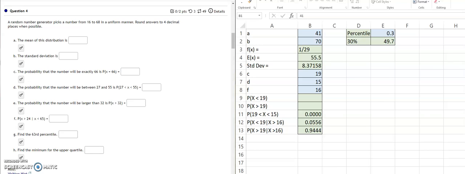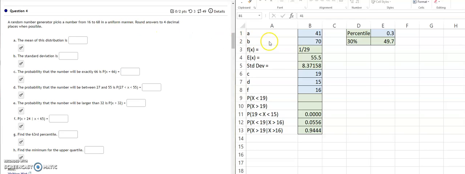Hello students. The question we're going to be focusing on right now is on a uniform distribution. The key reason we know it's a uniform distribution is because it says "in a uniform manner." That implies that we are dealing with a uniform distribution. So we have a number ranging from 16 to 68 in a uniform manner. So that means that the lowest value that a number can take is 16 and the highest value it can